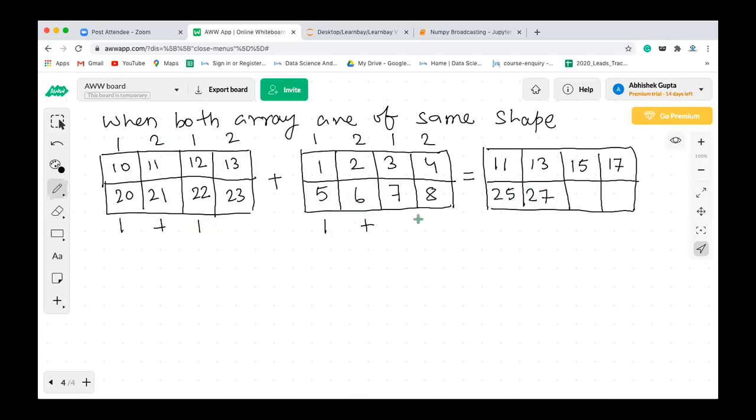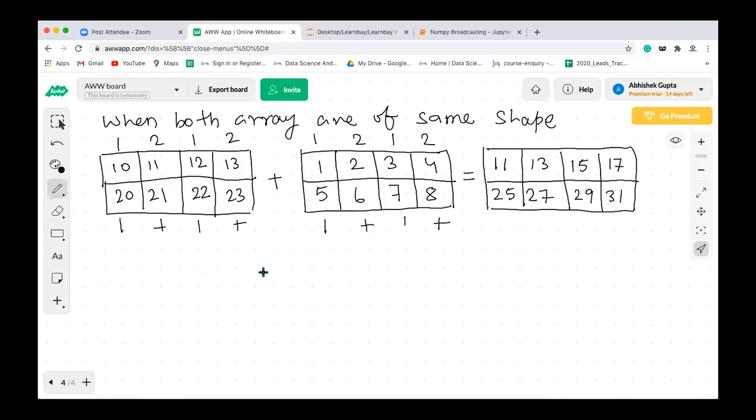Then 22 plus 7 will be 29, and 23 plus 8 will be 31. Clear? So this is how element-wise addition happens. Similarly, element-wise multiplication will also happen: 10 into 1 is 10, then 11 into 2 is 22, then 12 into 3 is 36, and so on.